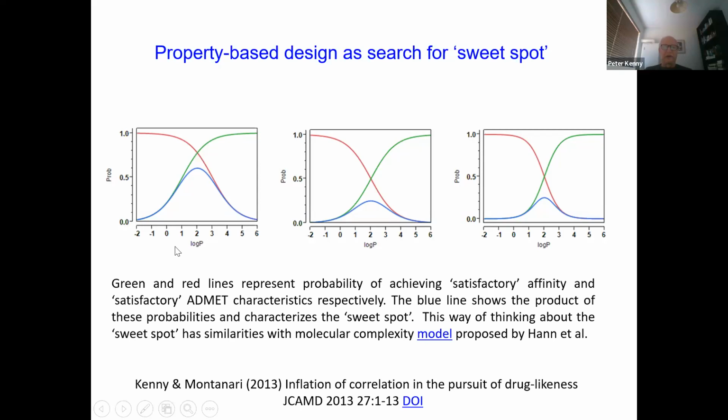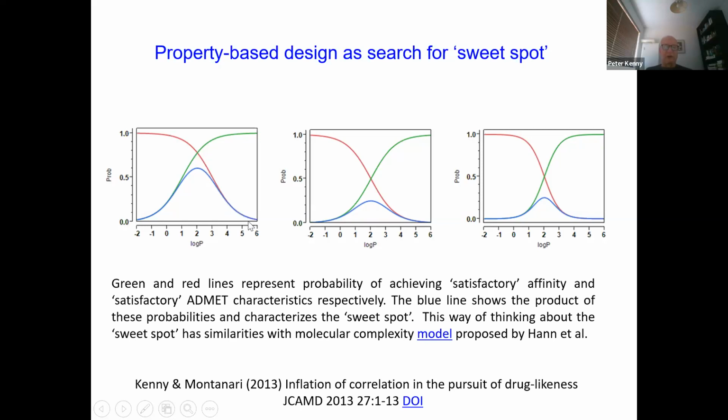So I'll show you, if you're not that familiar with lipophilicity, the slides will help with that. What we've got here is this green line, which represents the probability of getting enough affinity against the target. The red line is the probability. This indicates the likelihood of